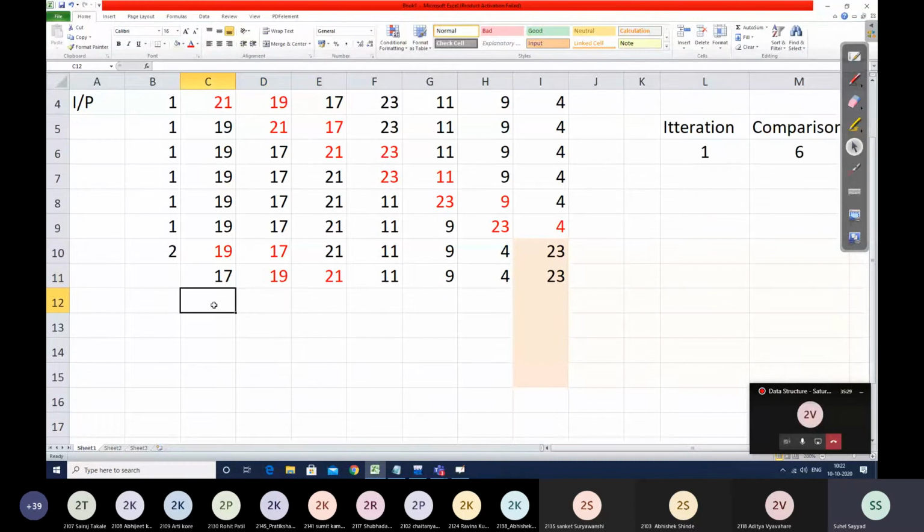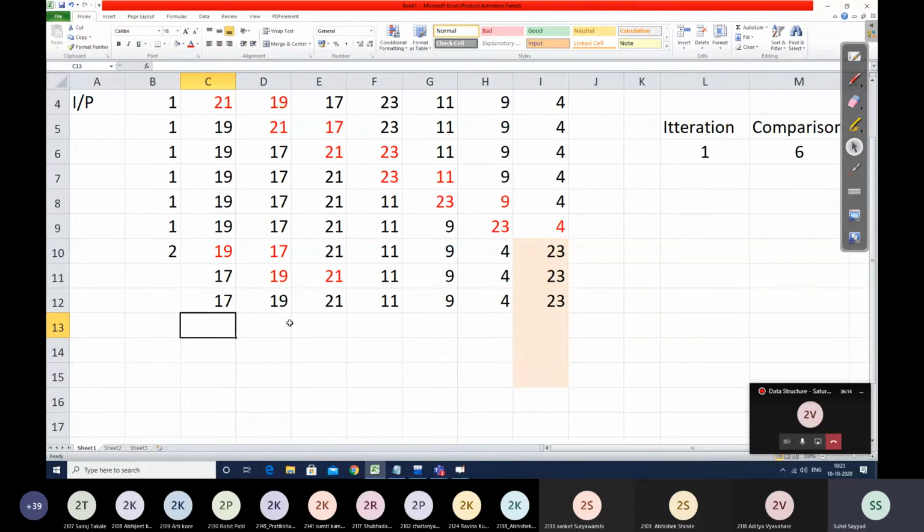But my dear students, that comparison will happen. Very important. Don't neglect writing that step. Even if the swap is not there, that comparison will take place. So that red mark I am trying to simulate because that condition has to be checked. Unless and until you check that condition, you will not come to know whether the number is greater or smaller. So you should write that step. If the number is not greater, swap will not happen, but the step has to be written.